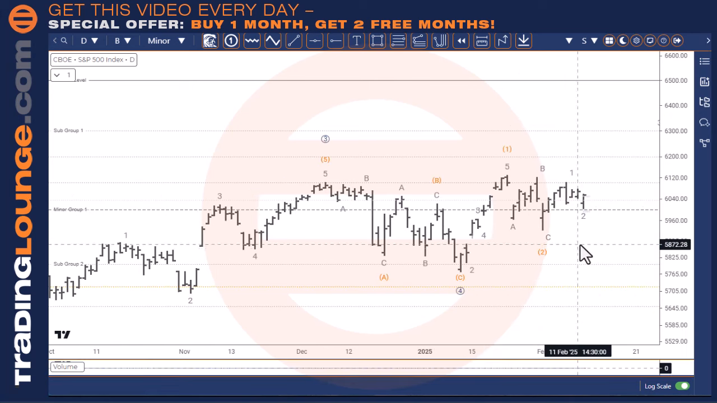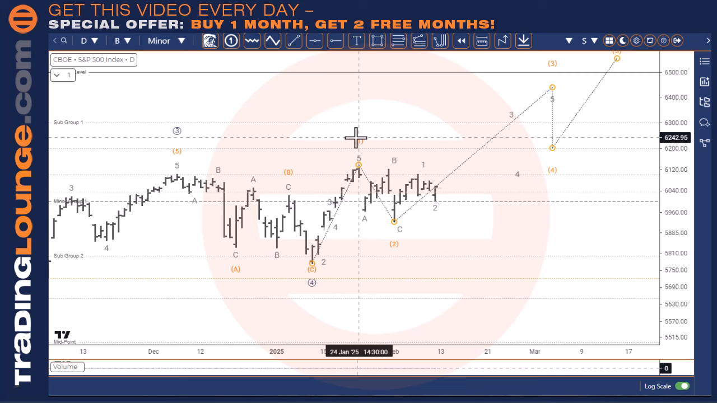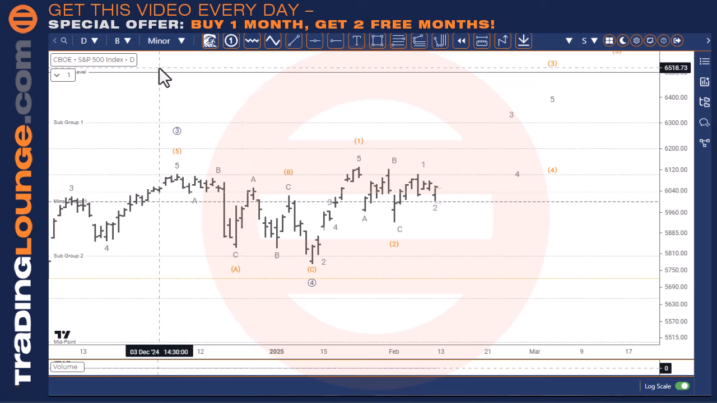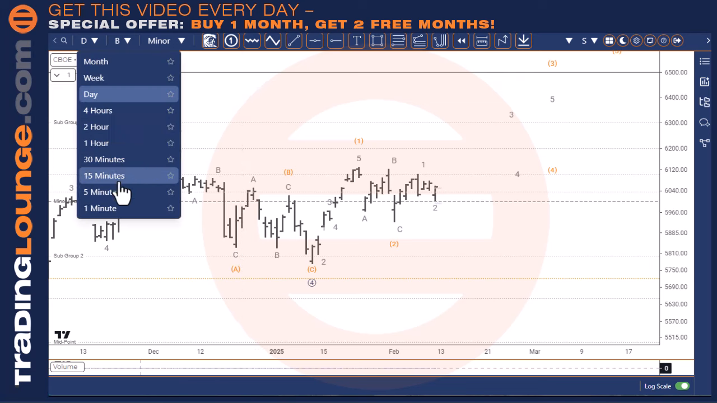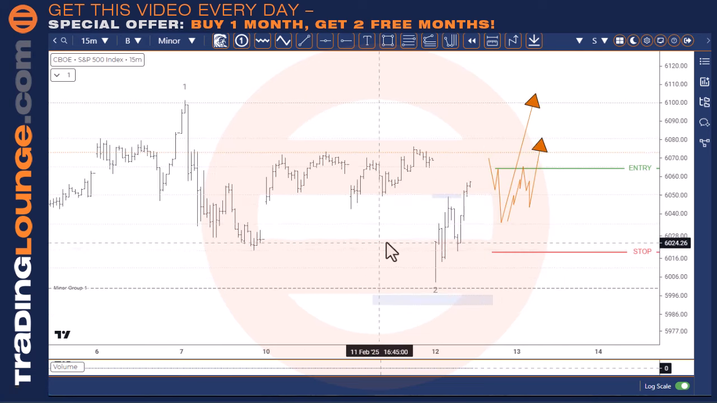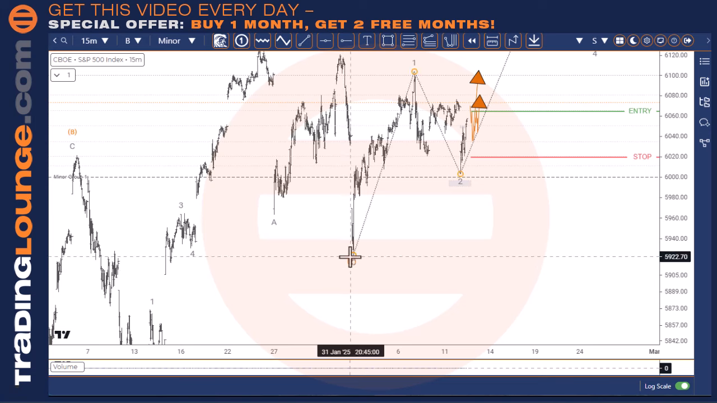But let's start now and look at the S&P and the E-mini. We've got wave 1 and 2 here, and 1 and 2 here. And we need to drill into that a little bit further. So we're just going to go into the 15-minute chart. And just to get your bearings here, we've got